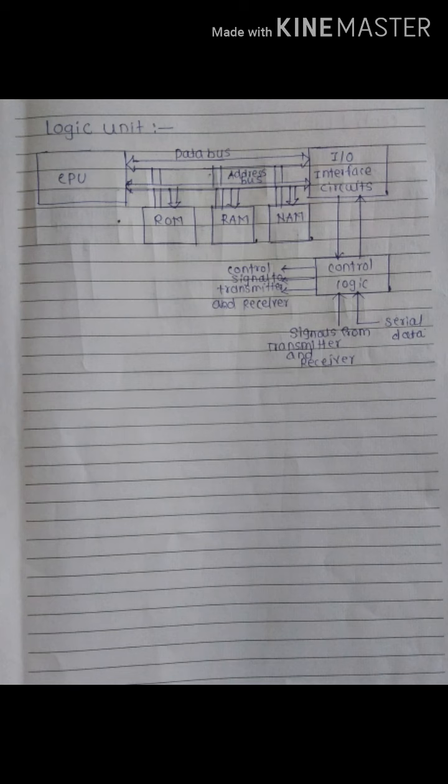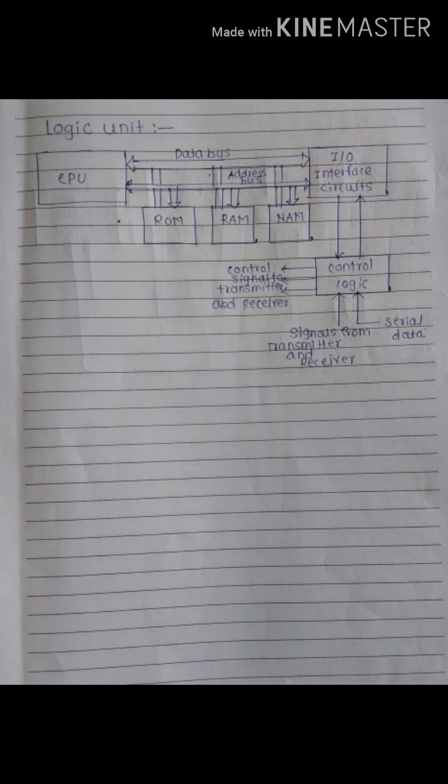A control circuit is responsible for transmitting and receiving different signals from and to the mobile switching center. This means the function of the control circuit is to transmit and receive signals from and to the mobile switching center. It checks the received signal strength at the mobile by observing the RSSI, that is received signal strength identification, and adjusts the transmitter power level accordingly. The control logic's main function is